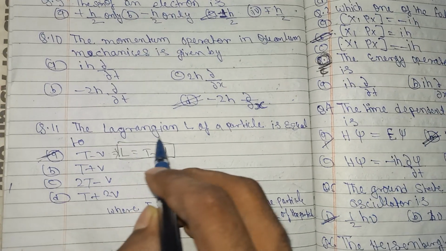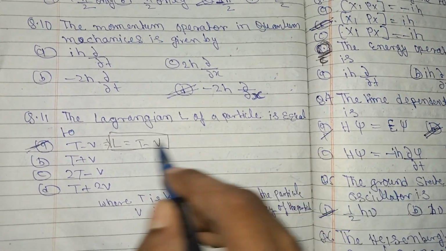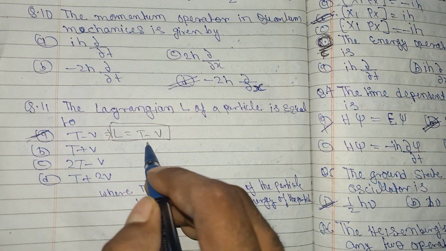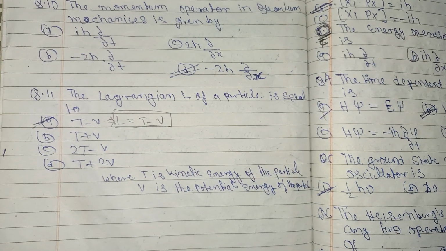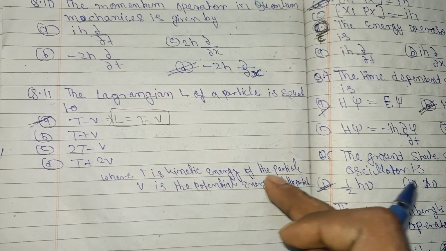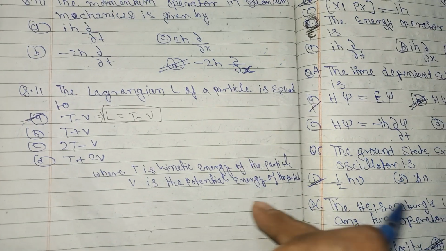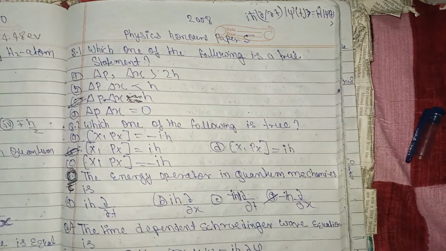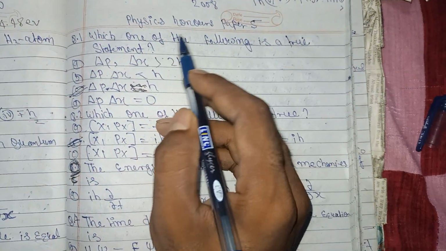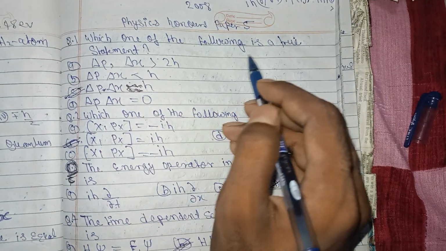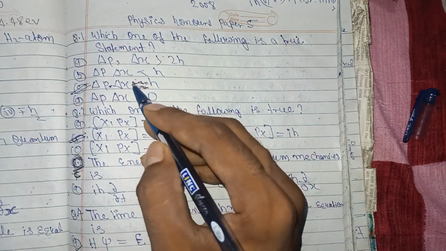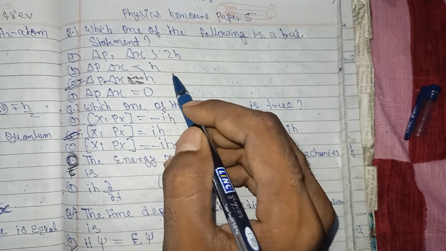x. The Lagrangian L of a particle is equal to T minus V, where T is the kinetic energy of the particle and V is the potential energy of the particle. And 2008 is here. Which of the following is a true statement? Delta p delta x is proportional to